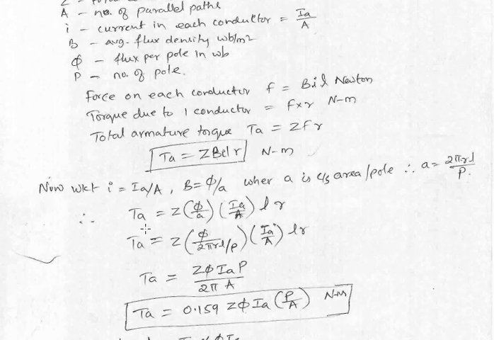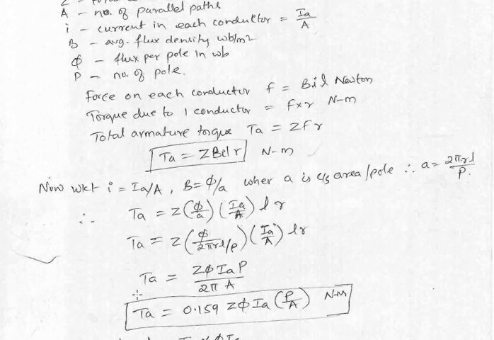We get TA, armature torque, is equal to Z into phi by A, that is B, into lowercase i, that is capital IA, armature current divided by number of parallel paths, into L into R. And now we are going to replace this lowercase a. What is lowercase a? Cross sectional area per pole, which is represented as 2 pi RL divided by P. When you represent that value, you can see 2 pi RL divided by P, the R into L, we have L into R, that will get cancelled.